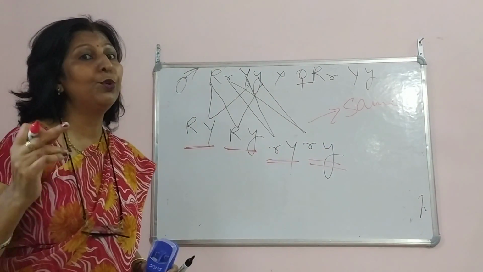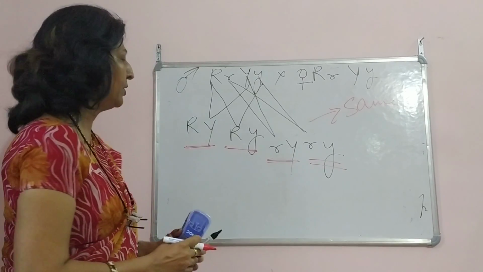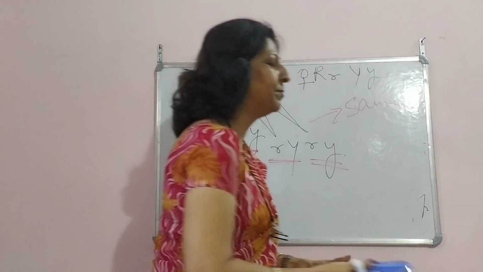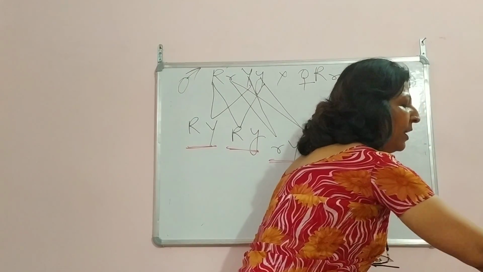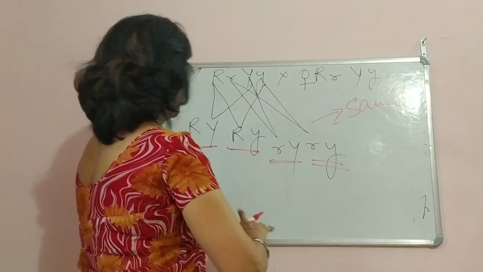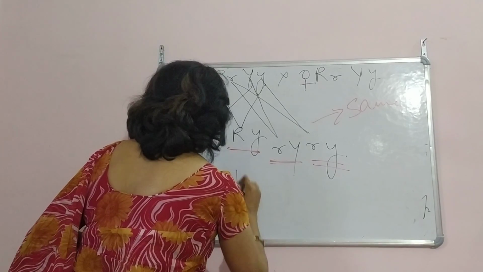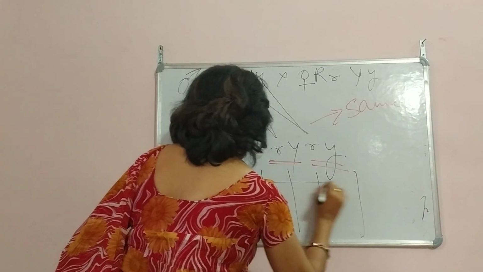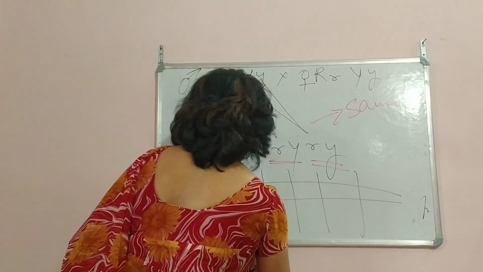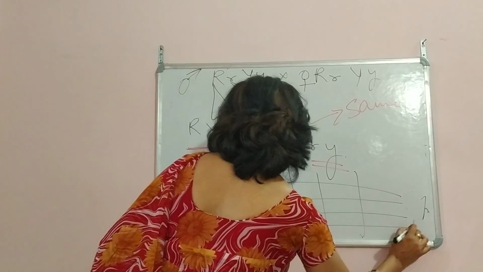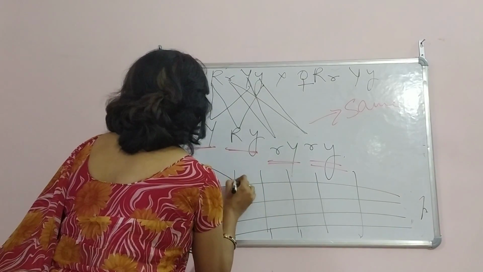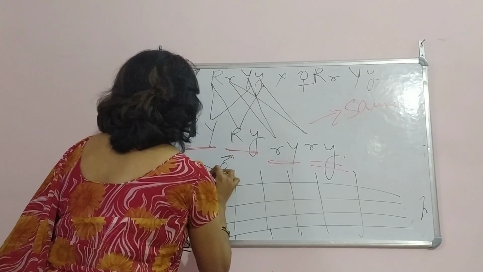Now how are you going to make a checkerboard for this? I'll just make it down and I'll give it to you for homework. Let me know how many of you could do it. It's there in your text, but let me know. So first I'll form it for you. Make a big one, children. Because the board is small, it's difficult for me. So this is male, this is female.